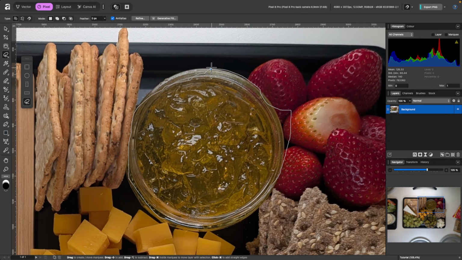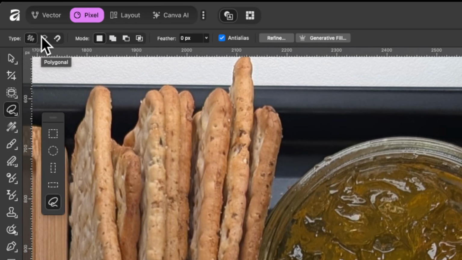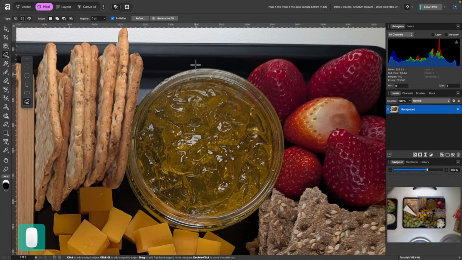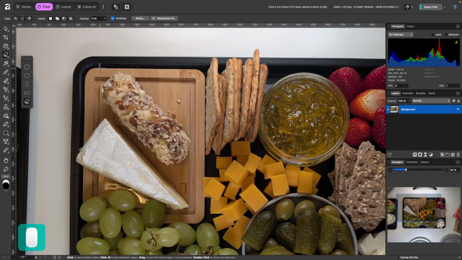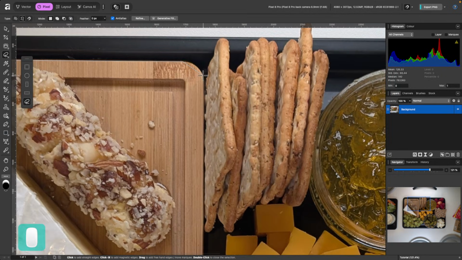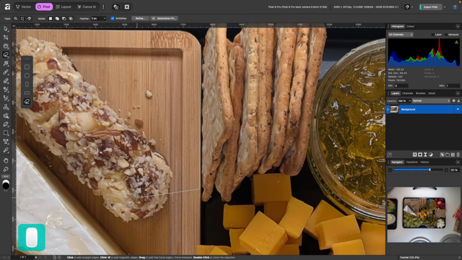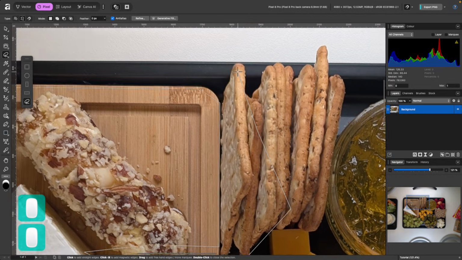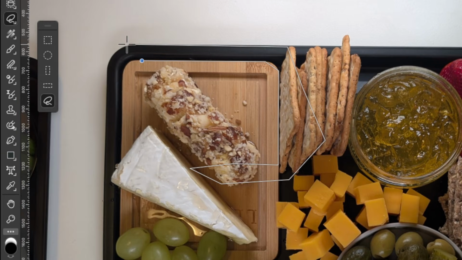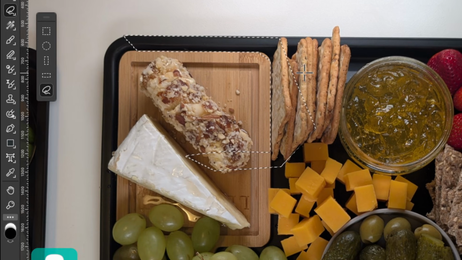Okay. And then you just draw it all the way to the end. And now you've got your marching ants. You've made your selection. I'll press Command D and we'll try the other option, which is polygonal. I'll just select it. With this one, you just draw straight lines. So perhaps we're selecting this chopping board here, but there's no smooth corners. So you see, this is the kind of selection you're going to be having. You just click and there's no curved lines at all. So it's good for square elements on your page. And again, I can just go all the way to the end and now I have my selection.